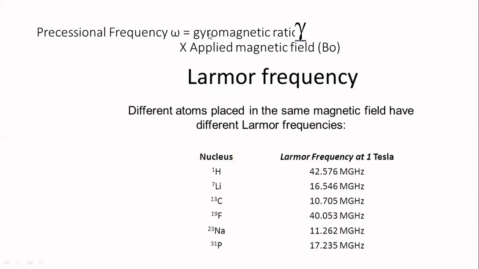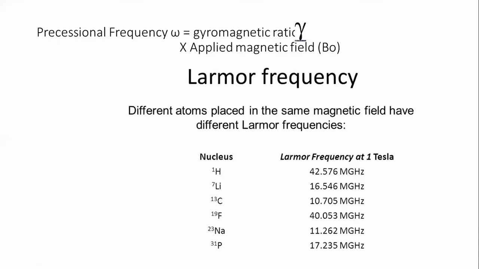So the precessional frequency is a product of the gyromagnetic ratio and the applied magnetic field. The gyromagnetic ratio is a constant for one particular nucleus. Every nucleus has its own particular gyromagnetic ratio. So it can be easily defined; for example, here we are seeing that the hydrogen proton has a Larmor frequency of 42 megahertz at 1 Tesla. So the gyromagnetic ratio is easily defined as the Larmor frequency at 1 Tesla, okay? At 1 Tesla, if it is 42 megahertz, that is the gyromagnetic ratio of the proton in hydrogen.